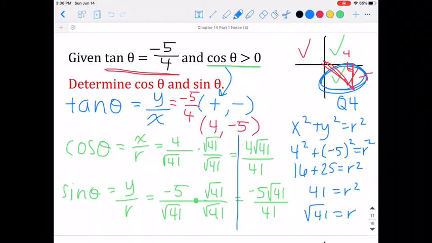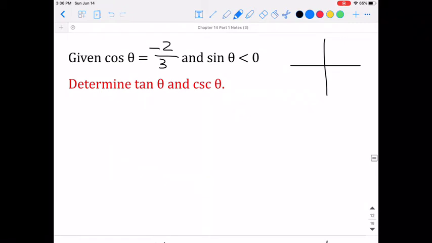So again, for these problems, first you have to determine which quadrant you're in, then figure out your r value, and from there you can determine whichever trig functions that you need. For our second example, we're given that cosine theta is equal to negative 2 over 3 and sine of theta is less than 0. So first we have to